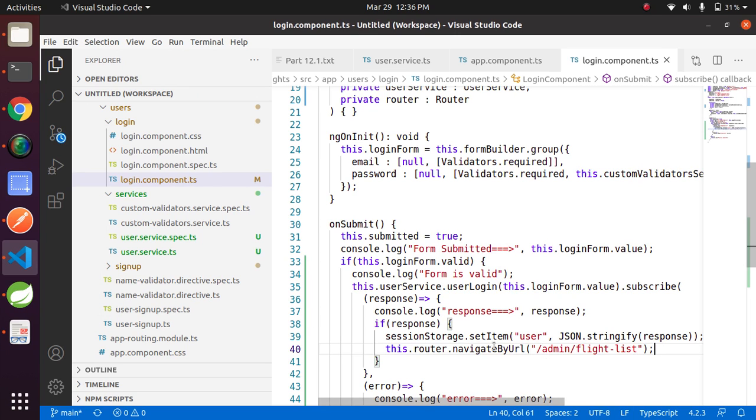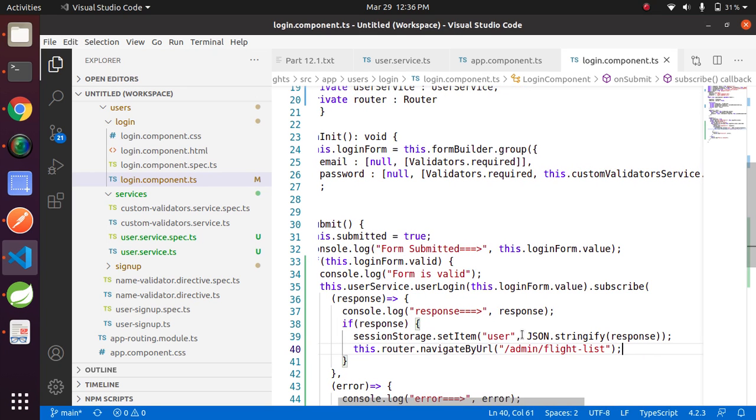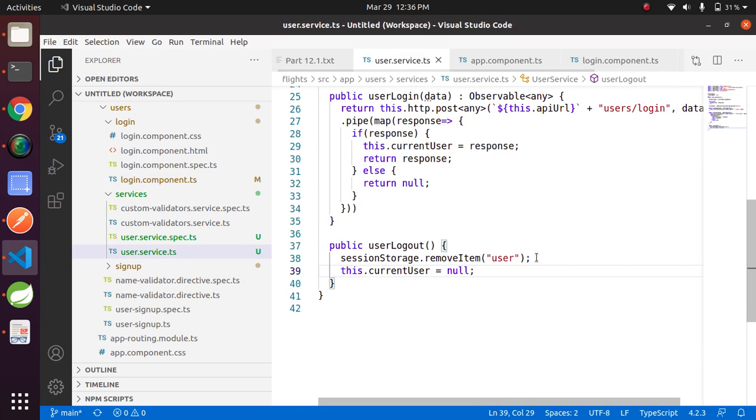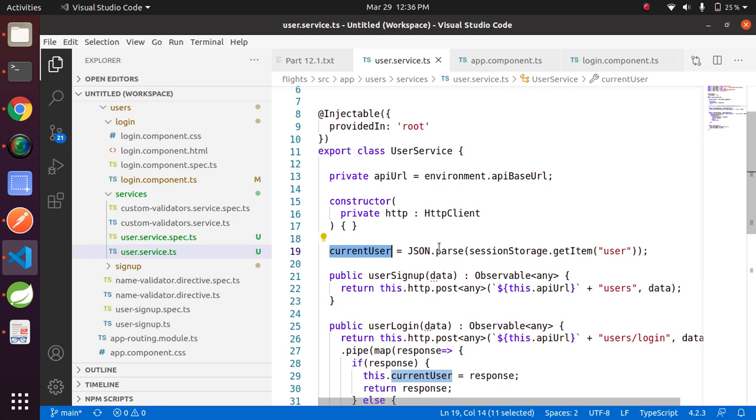Now what we have done: after the login we are saving user object into session storage, first step. And into service section, we have created a variable current user, and we are fetching session storage data, that is session storage user object, whenever user will redirect to any new page.